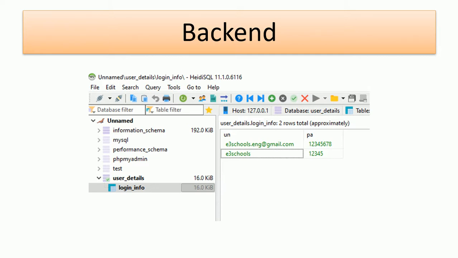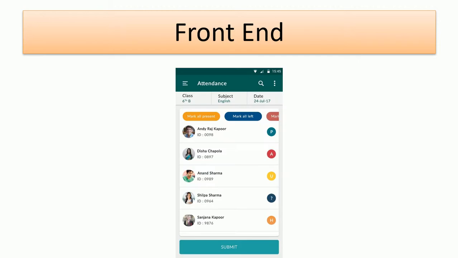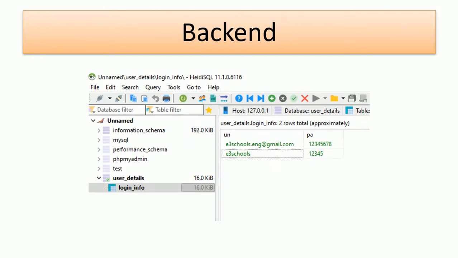A number of tables will form a database. So this is the explanation of front end and back end. The screen where the user enters any of his data is the front end, and the place where the data is stored and where the user cannot access directly is the back end. So MySQL lies in the back end of the architecture, and it is a database.